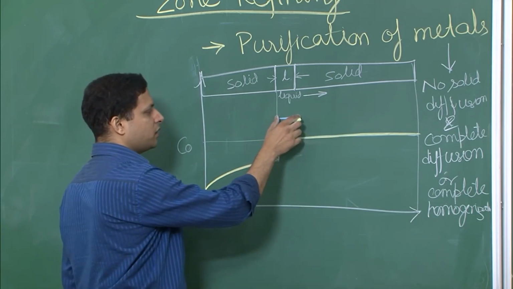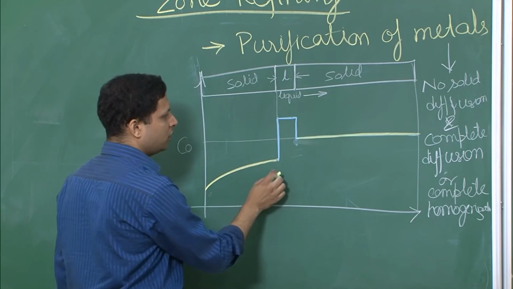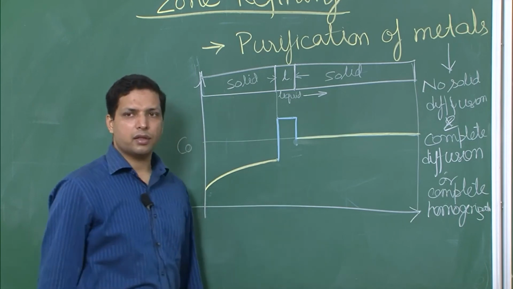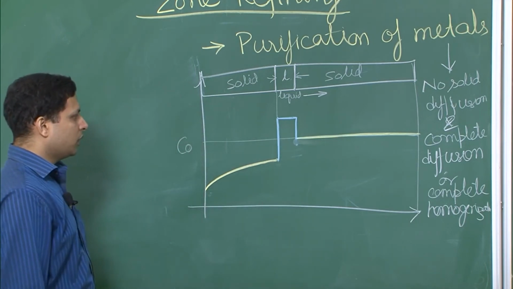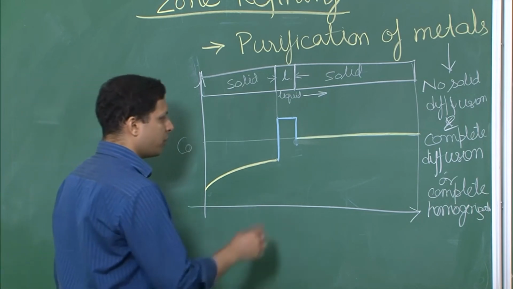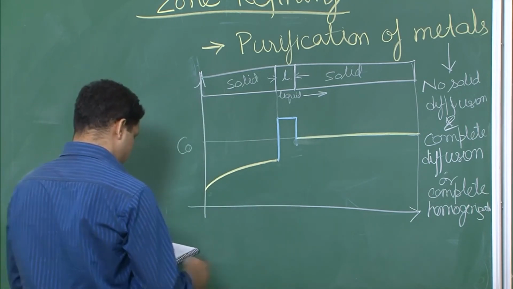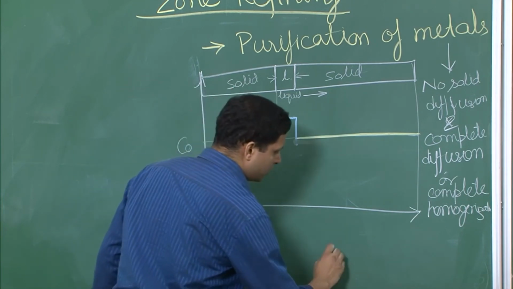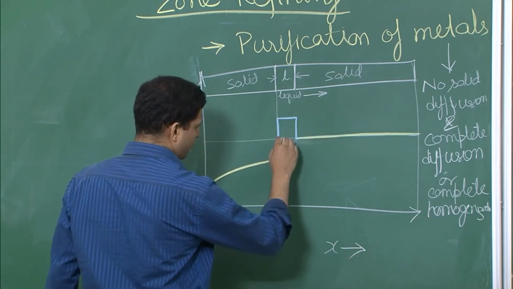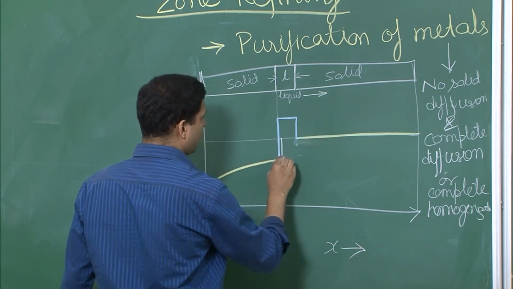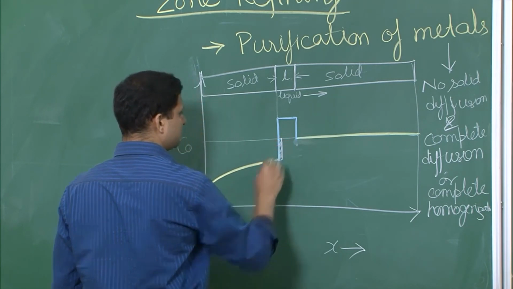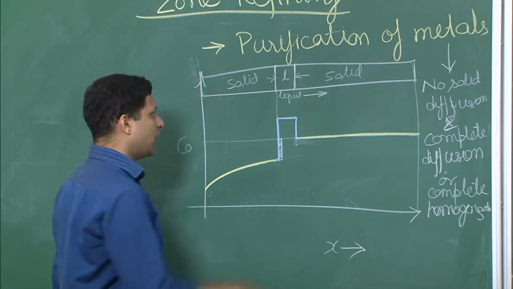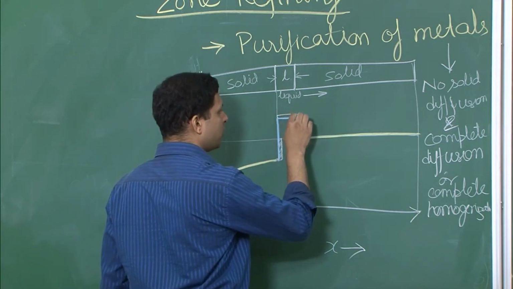And why is this concentration higher? Because of purification, the solute has been thrown into the liquid. So the concentration of the liquid has increased over here. Now if you want to find an equation, then again we can set one up. Let us say that we have a small region dx, so let us represent this in x. There is a small dx that solidifies. Now when this small dx solidifies, it will throw out the solute. Where will that solute go? This solute must go